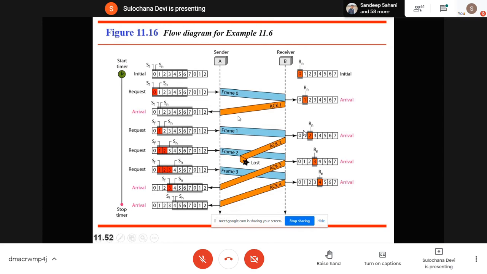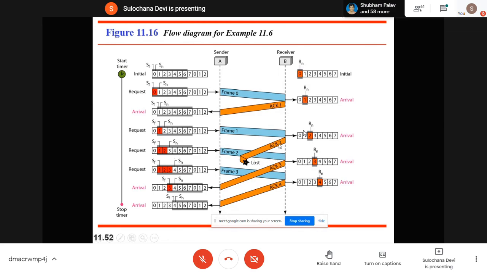When we receive the acknowledgement, SF is incremented and the window is slided by 1. Now this 7 is included in the window, so we can send all the frames from 0 to 7. Then we send the next frame, frame number 1. SF is pointing here and SN is pointing to the next frame which we can send. Now we transmitted the second frame also, and SN is pointing to the next frame which we can send.